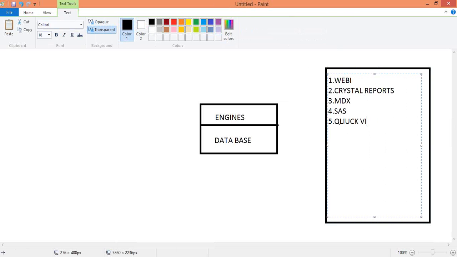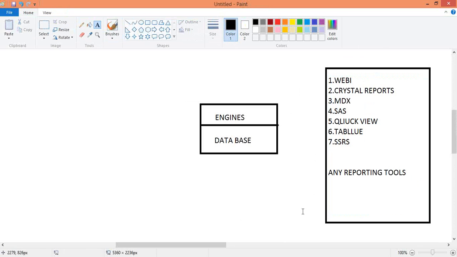SQL, Tableau, SSIS, SSRS, or any reporting tool. There are several reporting tools. So near the end, we can develop the reporting tool, or we can connect to